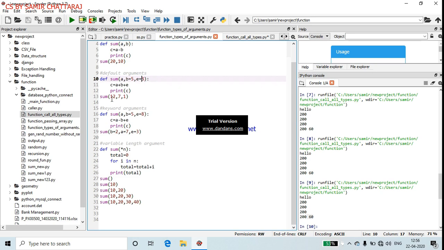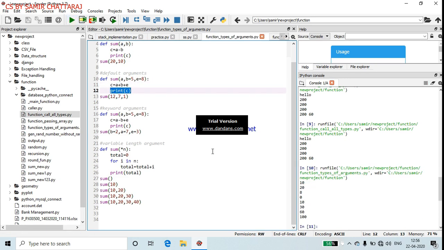Now you see the value of a will be 12, the value of b will be 7, and value of c will be 1. Now you see the calculation. If you calculate it with the value 12, 7 and 1, the output will come 20. So as I am running this, see the output is 20.